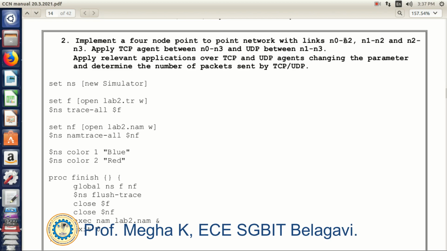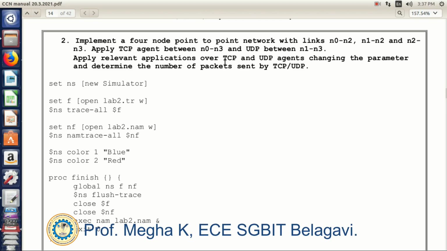Now N2 is acting as a center point because it is connected to all the nodes. It is like a star topology where N2 is the central node, and all the other nodes are connected to it. From N0 to N3 we apply the TCP agent, and between N1 and N3 we apply the UDP agent.